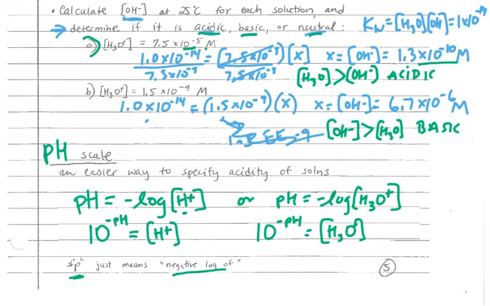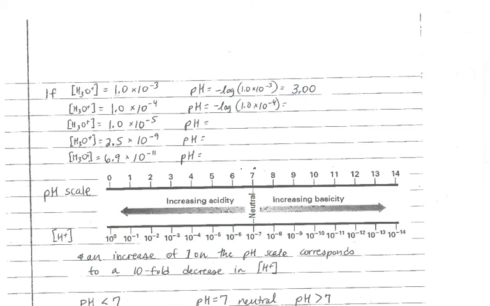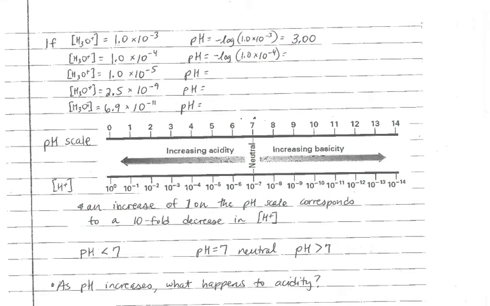Okay, so let's put these equations to use on the next page. If we have a solution and the hydronium ion concentration is 1 times 10 to the negative 3, the negative log of 1 times 10 to the negative 3 is 3. If we have 1 times 10 to the negative 4, I should have concentration units here. All right, then the negative log of that is 4.00. The negative log, I guess you can see a trend here, of 1 times 10 to the negative fifth is